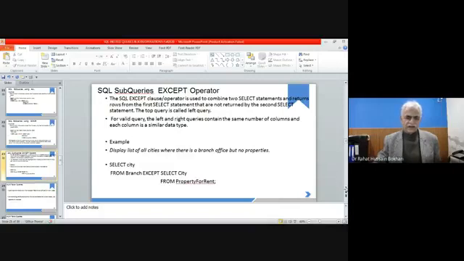But the main idea is how these queries should be coined, keeping in view the problem for which you are running these queries. For example, it is saying display a list of all cities where there is a branch office but no properties. So we have to select these cities, and from these cities we might get a number of cities from here.